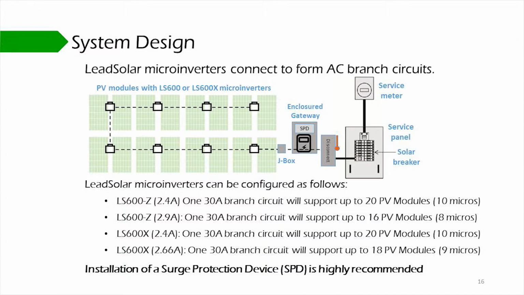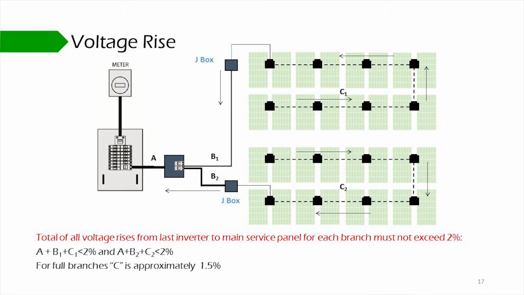For a 30-amp branch circuit, code dictates a maximum current of 24 amps for each branch. For example, 10 2.4-amp micros can be connected into one 30-amp branch circuit to convert 20 PV modules, eliminating the need for a sub-panel. Unlike complex string calculations, the only calculation needed for a microinverter system is that of voltage